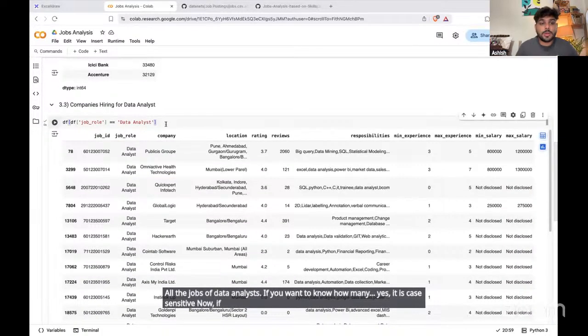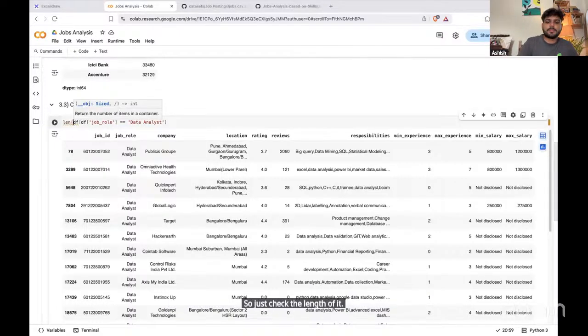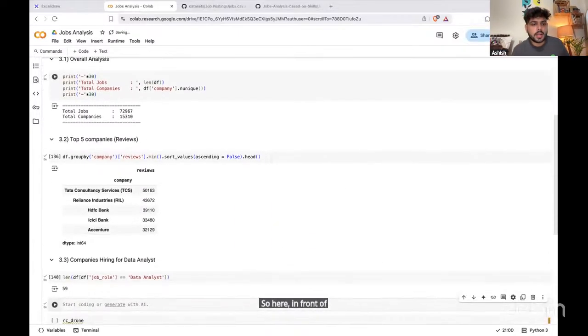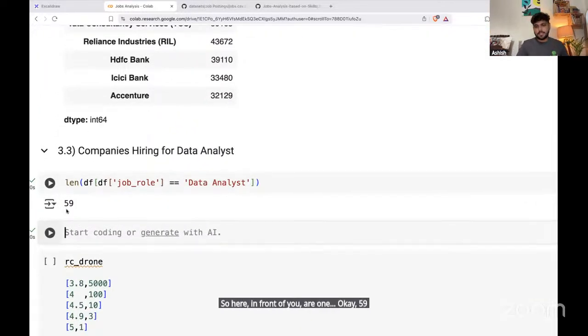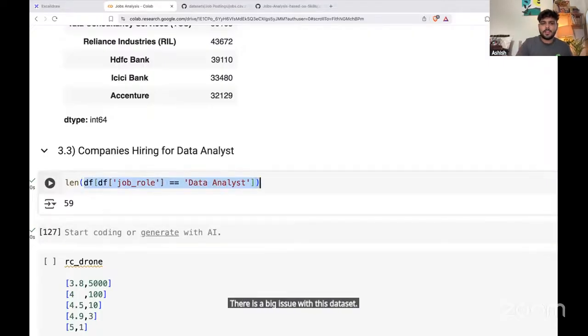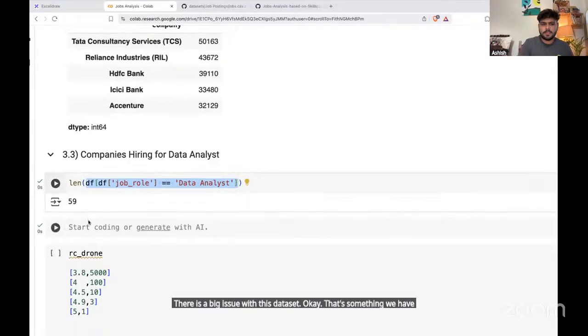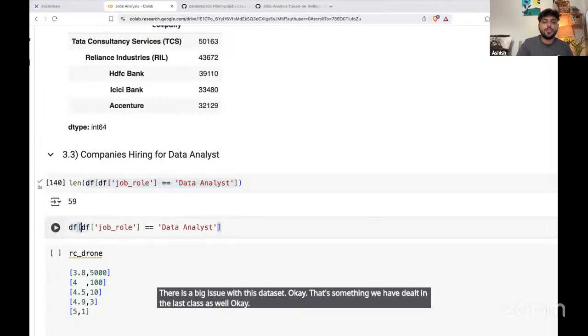Now, if you want to know how many jobs are there for data analyst, just check the length of it. So here in front of you are 159 jobs for data analyst. Okay, but here we have an issue. Can anyone tell me what is the issue? There is a big issue with this data set. There's something we have dealt with in the last class as well. The issue with this data set is, if you go back and check the job role column,